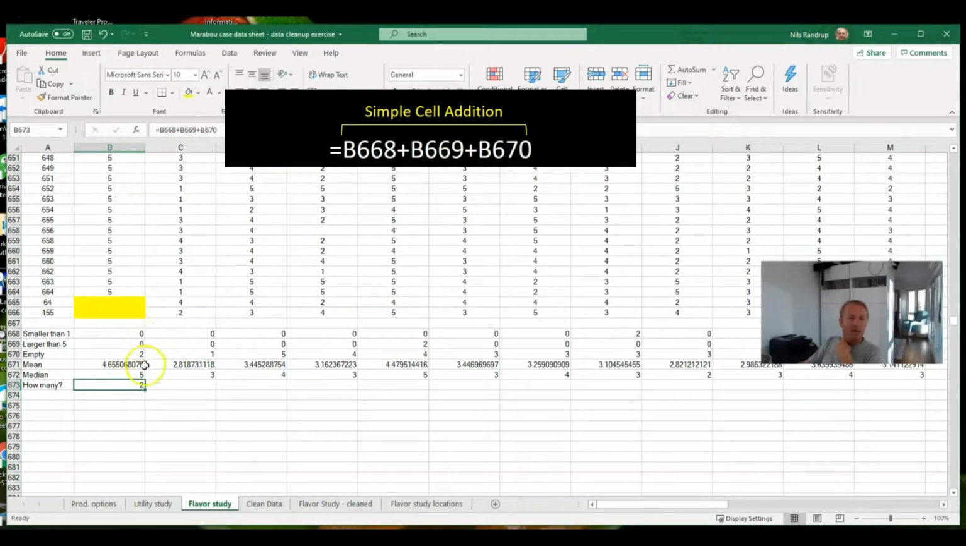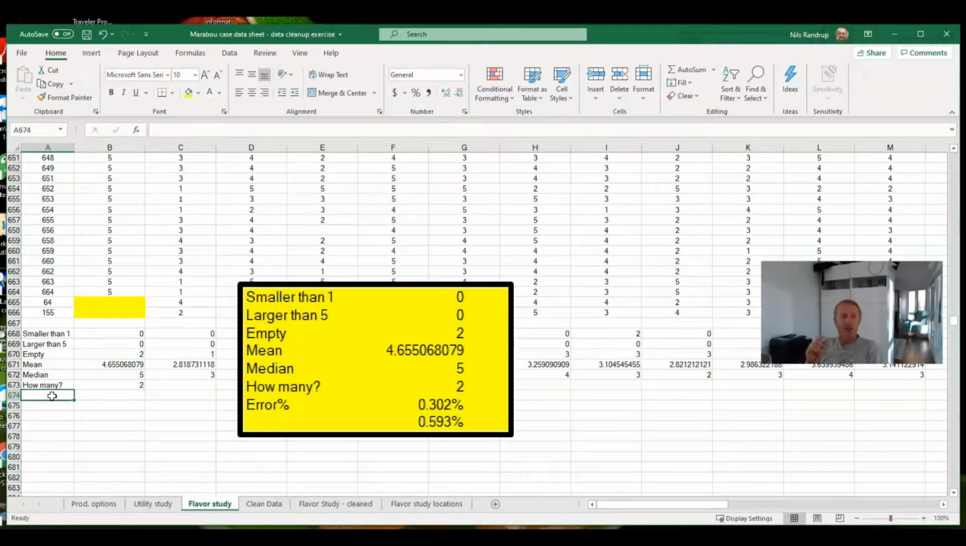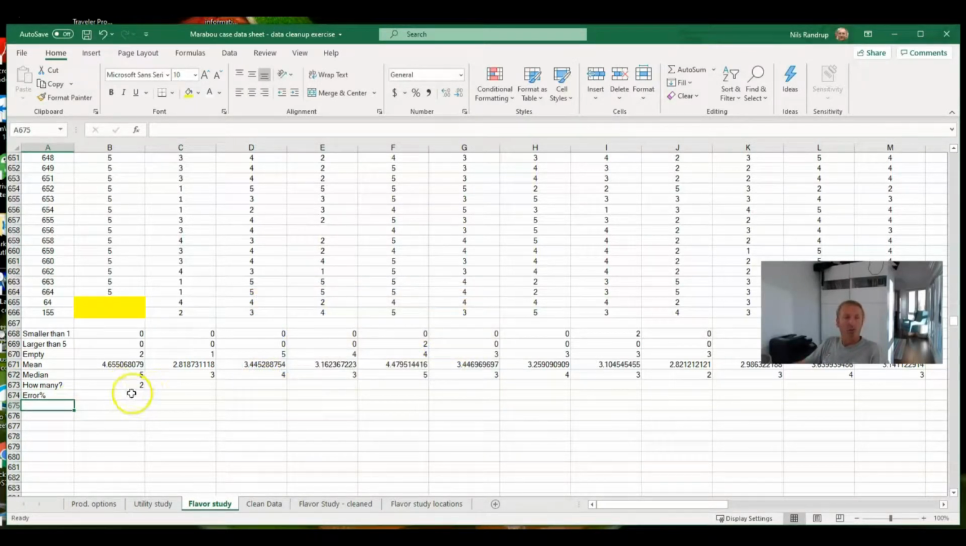And in this case, if we add all these 3 up, there are 2. So if we do this, we can then see how many issues do we actually have. Now, knowing it's 2 out of 600 and something, we might want to know how much it is in percent. So error percent. And in order to calculate that, let's first figure out how many